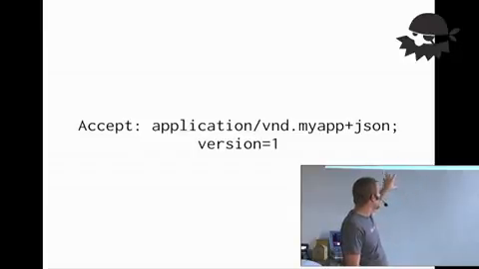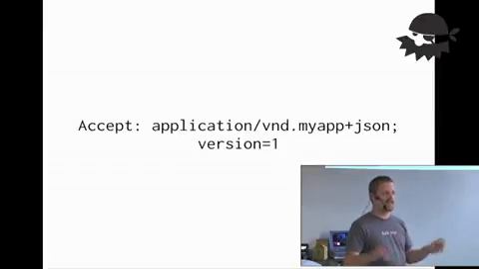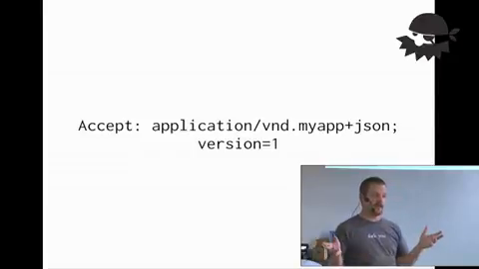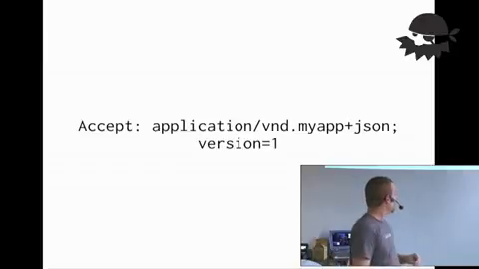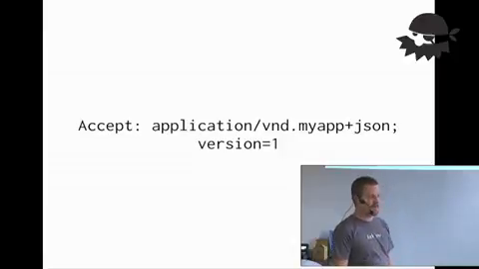But that's pretty standard. The vnd dot notation is basically saying this is our own content type. And then we say plus JSON to indicate it's our content type that is sort of on top of JSON. All right. So we use JSON as the underlying level, but we have a separate content type. I don't think that's absolutely necessary, but this is kind of the standard that you'll see done. One way that it might be done is instead of doing vnd.myapp, they might do vnd.myapp-v1. Now, I'm going to propose to you that that's